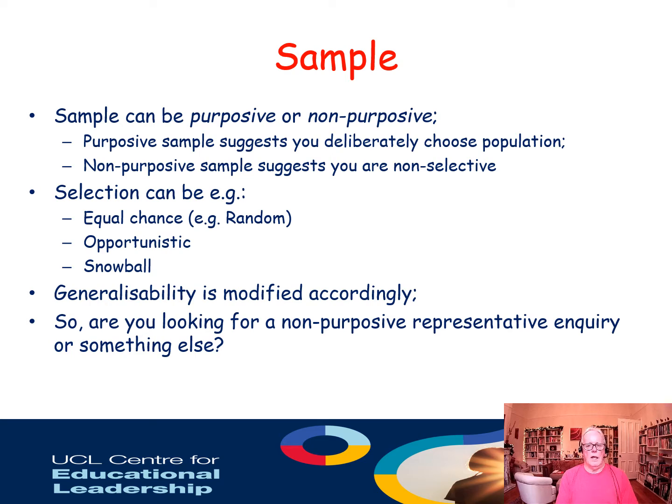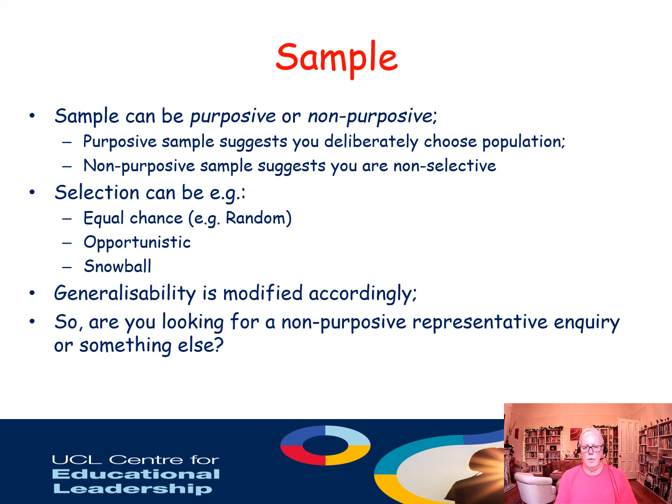Okay. Now, when you're going to go for a purposive sample, you are deliberately going to choose which part of the population you are going to look at. So you might say, for example, I want to look at heads of department, I want to look at people in senior leadership teams, I want to look at people who have responsibility for behaviour management or behaviour enhancement. Okay? So that one is where you deliberately choose the population, and it's perfectly legitimate to do that, providing you